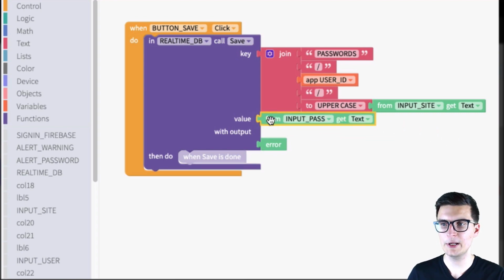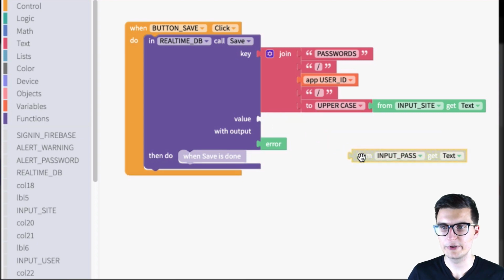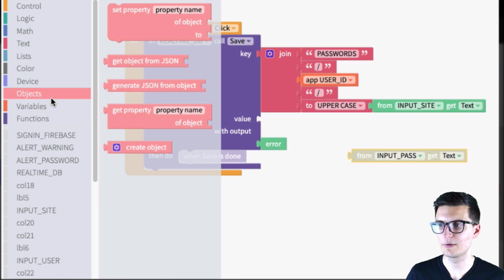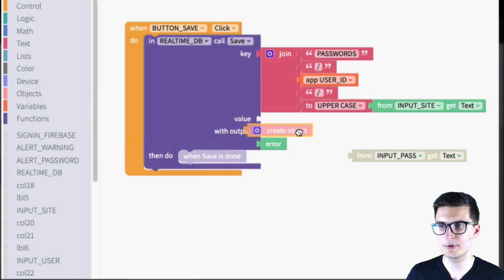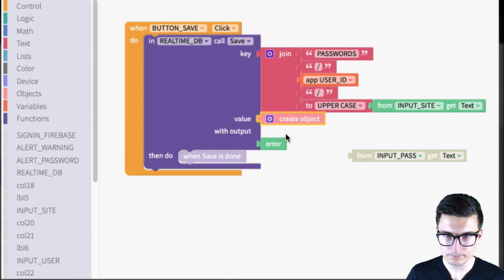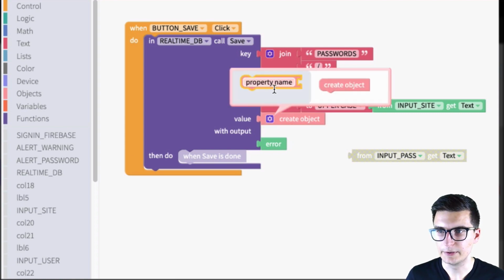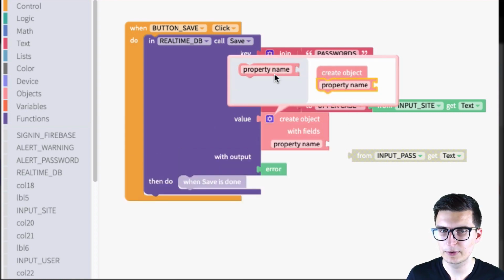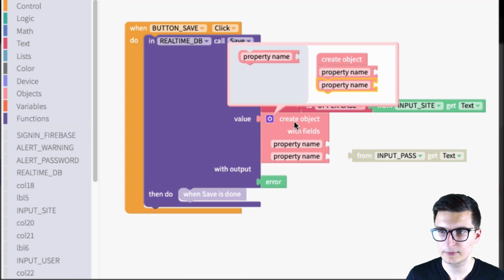But you can see here, I only have place for one value. So what we can do is actually create an object that can store both of these values, but inside of Firebase, it would just be one value. So the way we do that is we can create an object from objects, get create object, and then we will do this and this